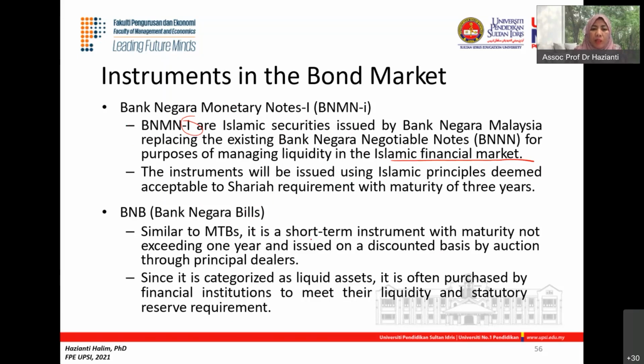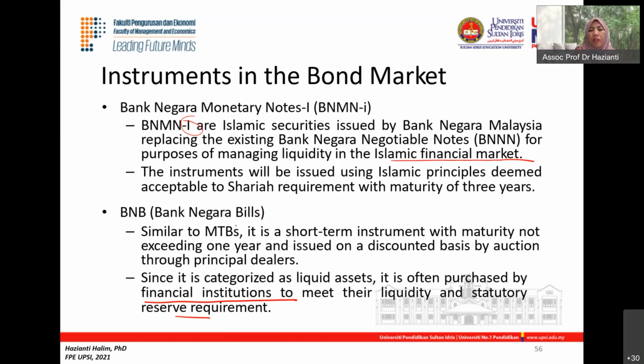So this is similar to MTB, a short-term instrument, maturity not exceeding 1 year, and issued on a discounted basis by auction to principal dealers. Categorized as liquid assets. So normally it is purchased by financial institutions to meet their liquidity and statutory reserve requirements. Remember the banks that we learned before, they have to maintain a certain level of liquidity and also SLR. So among other things that they can invest in is a short-term instrument issued by Bank Negara, which is BNB,